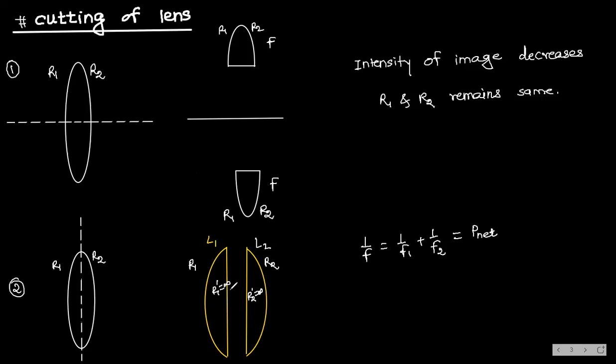And as you know, this F1 and F2 is going to be same. F1 is equal to F2, let us suppose F1 only I am substituting. Why? Because this is a plano convex lens. So I am getting 1 by F is equal to 2 by F1. And therefore, I am getting F1 is equal to 2 times F. Understand? This is the focal length of each part. You can use this P net formula wherever you want, and from that you can find out the net power as well as focal length.